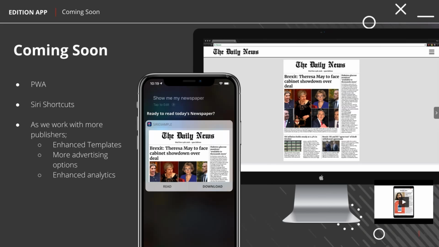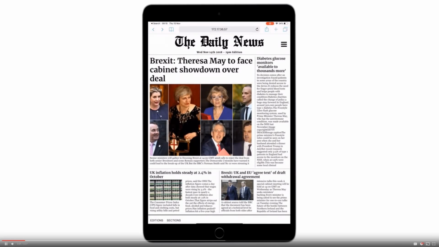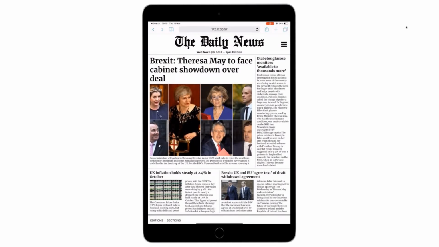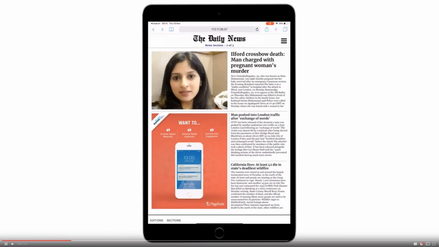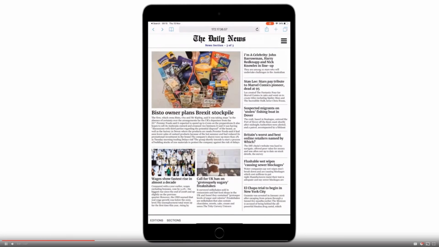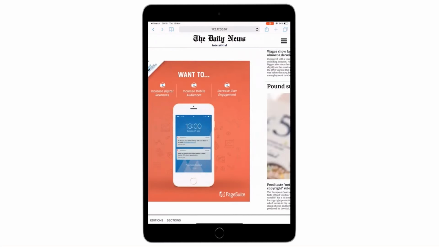Currently the PWA is sitting within our HTML5 team, and we've actually got a video that we can show you of how that will look and feel on the web. It's going to load up and it will show you what the edition product will look like in Safari on an iPad. So again, quite similar to the app versions we showed earlier. It's got that front cover, you get that finishable edition product, where it's start, middle, and an end. You've got premium advertising